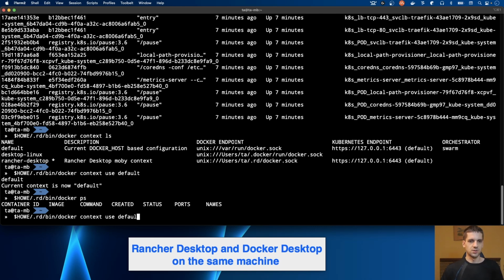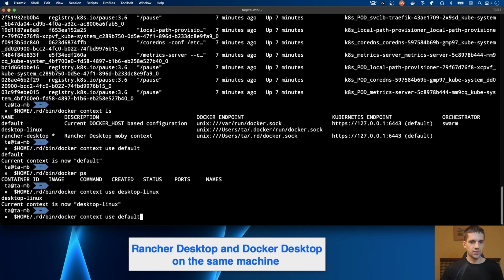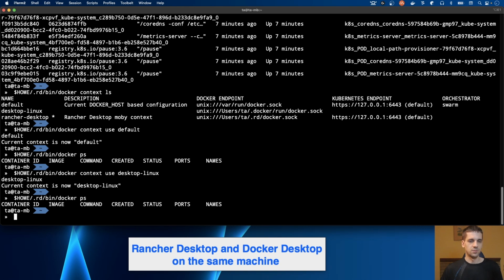If I change the context to be desktop Linux and try the same command, docker ps, again, I don't have any running containers. So it looks like everything works, and I can use any client with any endpoints, Rancher desktop or Docker desktop,